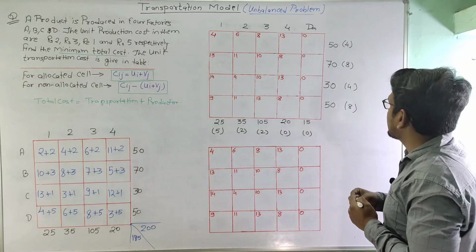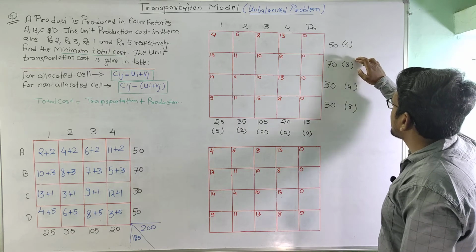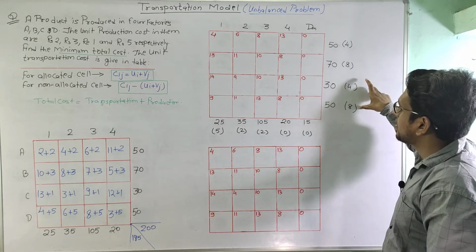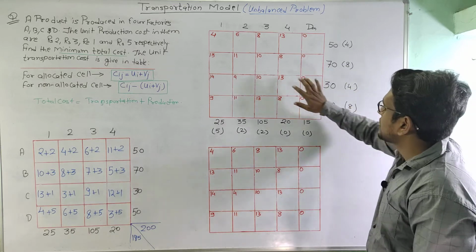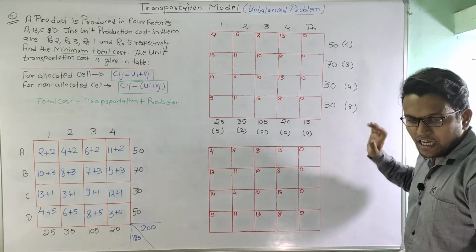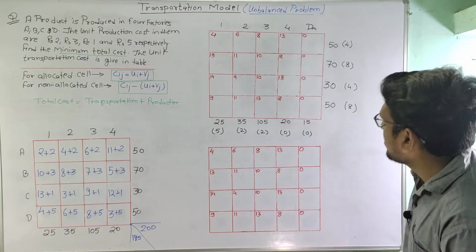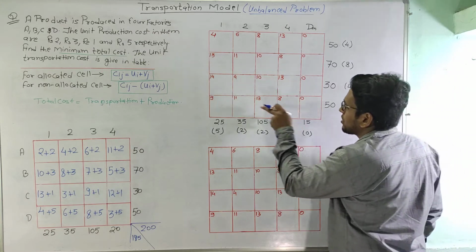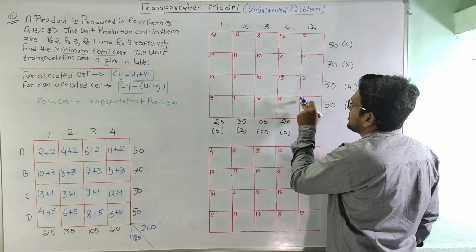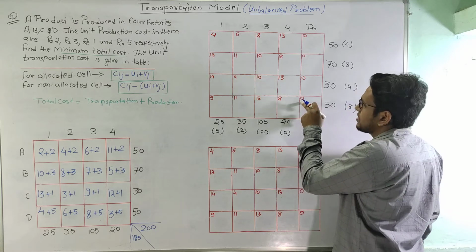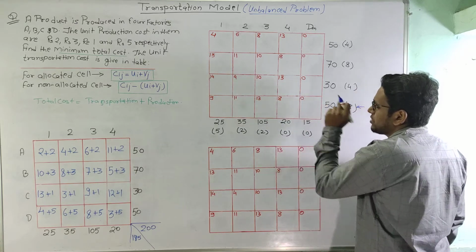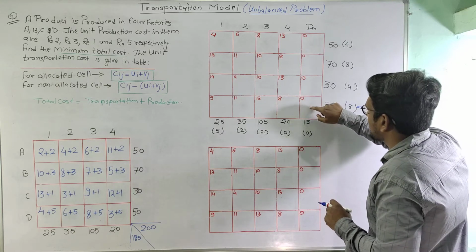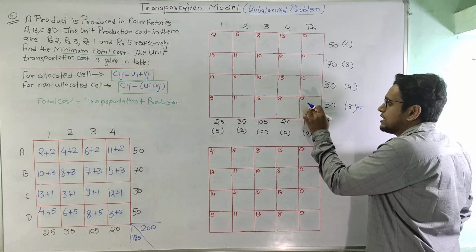So now we will select the maximum penalty. Here we can see that these two penalties are coming as same, so we can select any one of these arbitrarily. So what I do is select this one, and in this particular row we will select the minimum total cost. Okay, in this case it is not transportation cost, it is total cost. So total cost per unit is 0, so I am selecting this cell